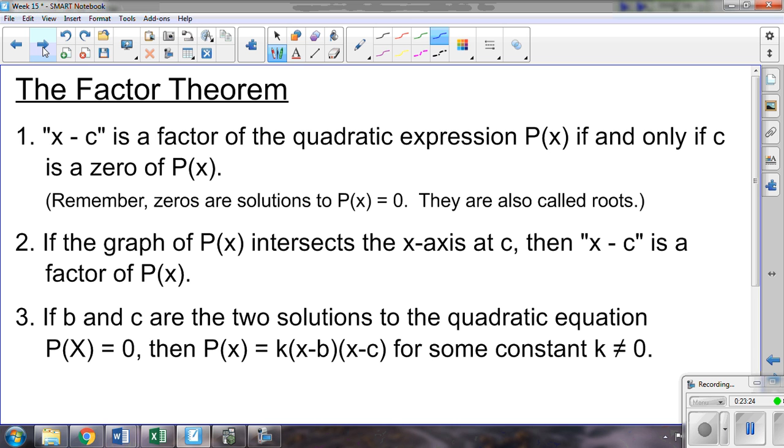I also want to emphasize number 3 here. When we factor these, whether it's quadratic formula, whether it's graphing, whether it's whatever, when we factor them and get 2 solutions to the quadratic, p of x equals 0, we will get the form x minus b and x minus c. But what many students will sometimes forget, we can also have a constant. Finding out where it crosses the x-axis will give you the factor x minus b and x minus c. But there is still going to be a vertical stretch, a vertical flip potentially. There's still some sort of vertical component that will tell you